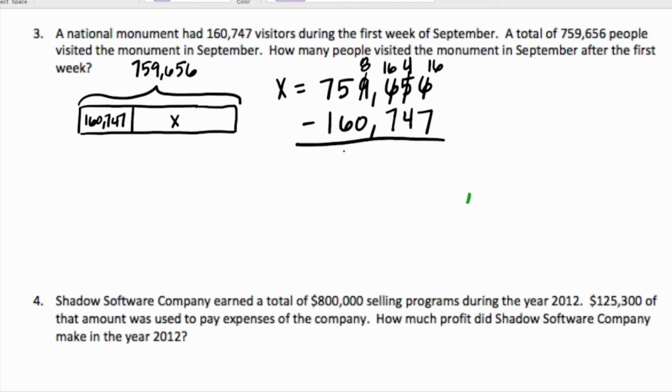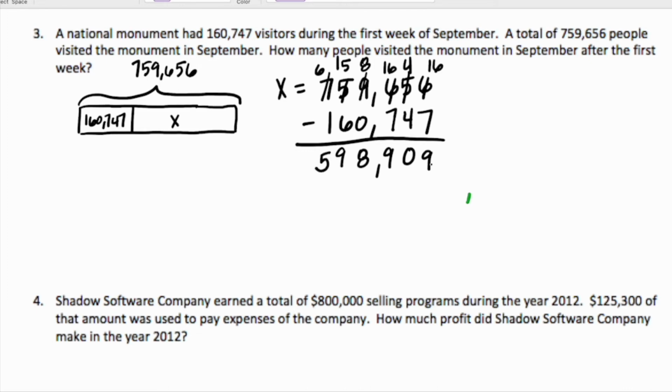I can do 8 minus 0. I can't do 5 minus 6. So I'm going to take from the 700,000s, which becomes 6. This 5 becomes 15. Now I can subtract. 16 minus 7 is 9. 4 minus 4 is 0. 16 minus 7 again is 9. 8, 9,